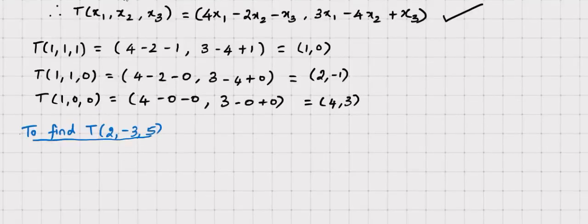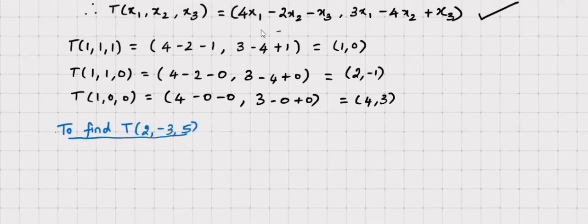Now we are going to simply substitute x1 equal to 2, x2 equal to minus 3 and x3 equal to 5 in that formula. So this is the formula we are having. So we are just going to simply substitute. So check what happens. Therefore t of 2 comma minus 3 comma 5 will be,